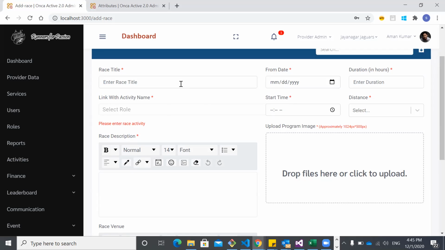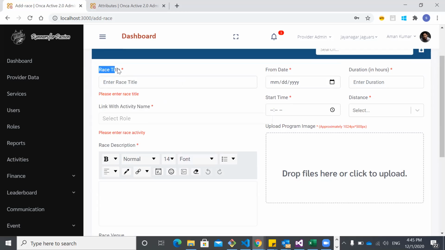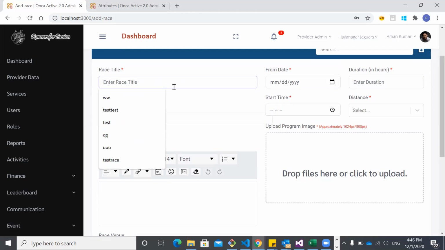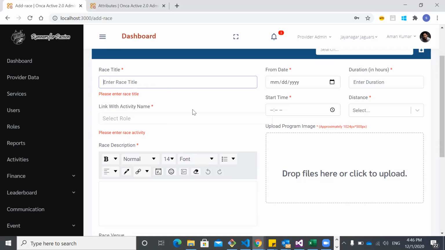On blur is nothing but, when you click on this particular input tag, the focus is coming on this particular input. On blur is creating entire focus on this, and at the same time it is calling that particular method. And if I'm clicking over here, still clicking, without entering anything, it is calling that particular method and it is setting that particular message in that particular error state variable. Correct?